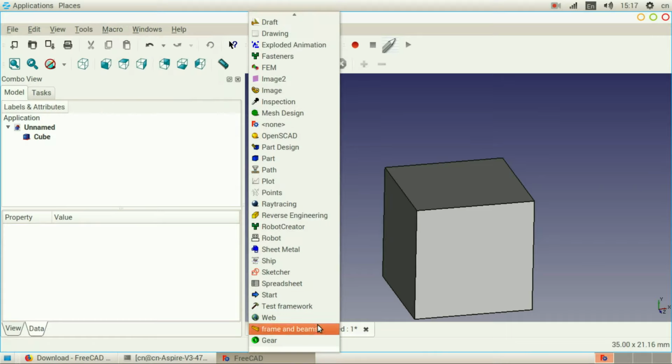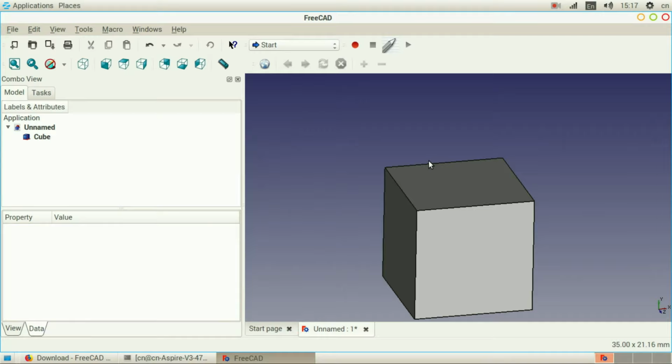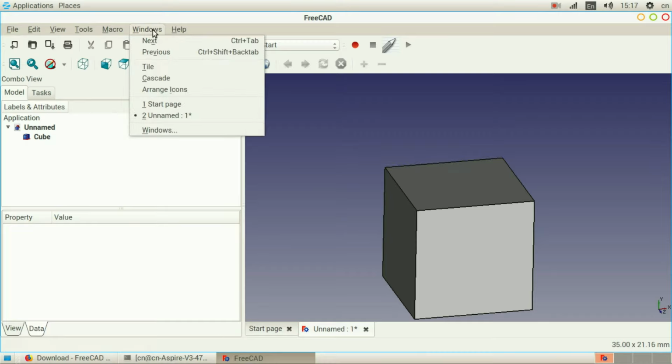Once I get to that part, I'll show you guys this workbench, Fastener. But basically Fastener, if it wasn't there, you'd have a hard time doing a lot of things like creating bolts, nuts, all thread, things like that. It'd take a lot of time, but that's basically like a collection of macros to automatically create those, which is very, very nice. And then Windows,